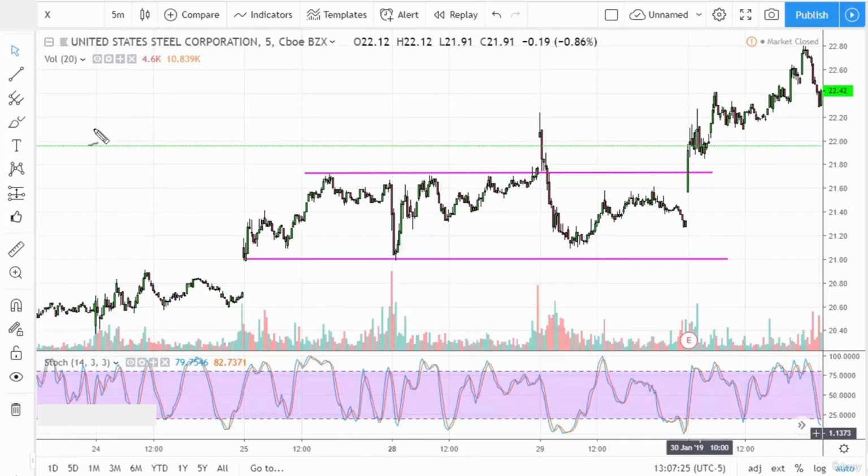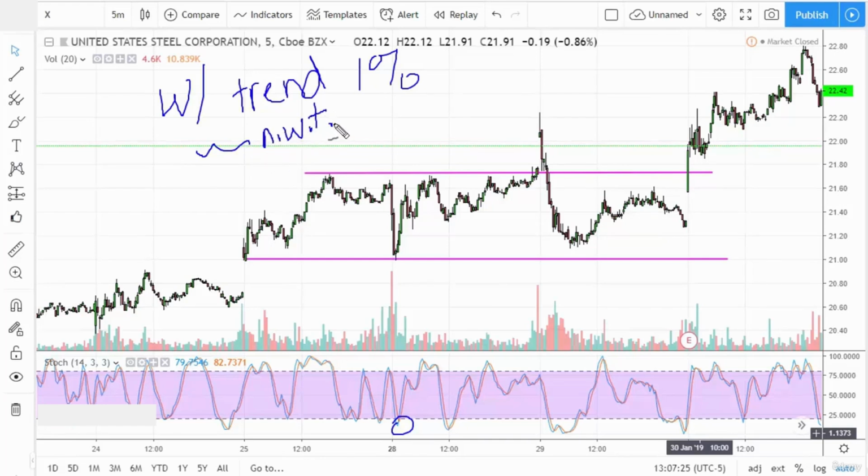So I take the stochastic oscillator. I use that as a signal on with trend trades. I risk a whole unit. So whatever that is, let's just say I risk 1% of my account. Not with trend. I'll just put not with, or NWT here. I'll risk 0.5%. So what happened? This gives us the opportunity to perhaps walk out of here with a little bit more